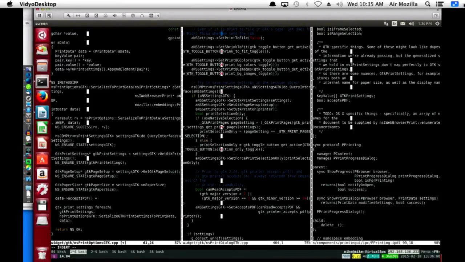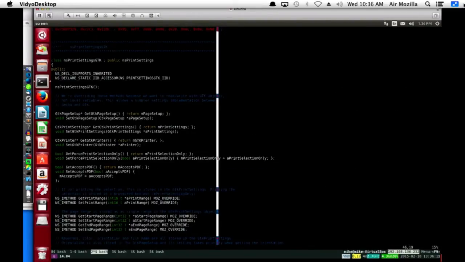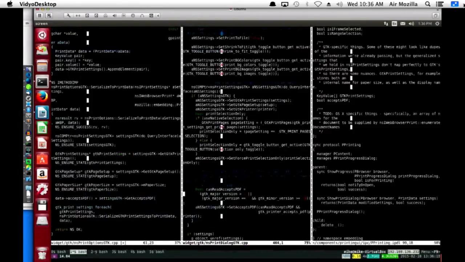So in this case, the item we want to query is settings GTK and get accepts PDF. Oh, right. And how does that work? Does it actually return it? No. Yes, it does. Right, that's what happens. GetAcceptsPDF.